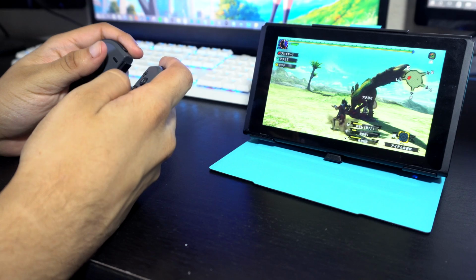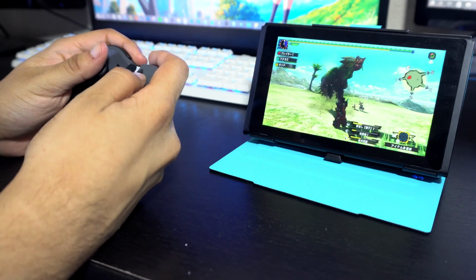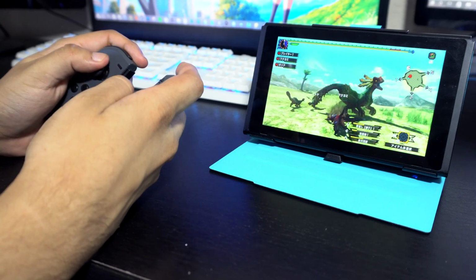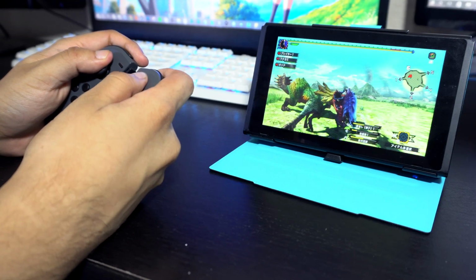The flip cover half of this case is really well made and provides one of the best kickstands I've ever used with the console. The differently placed ridges on the inside of the flip cover let you stand the case at 2 different angles, 3 if you count it just standing upward. It's really sturdy feeling. It worked great whether I was playing out my desk, a table, or just laying down